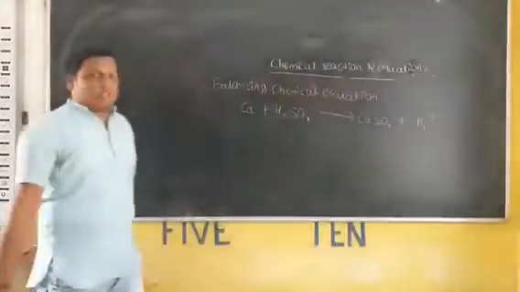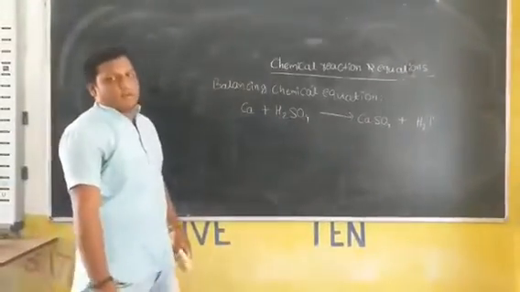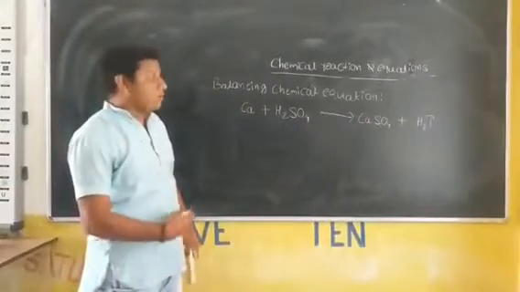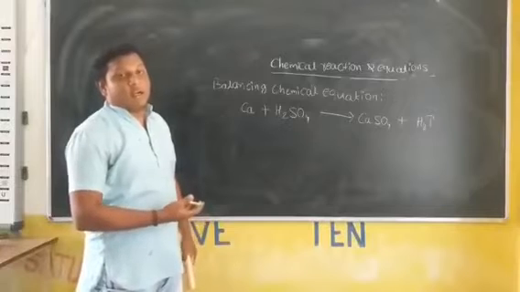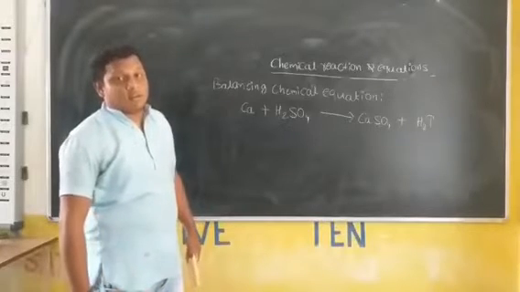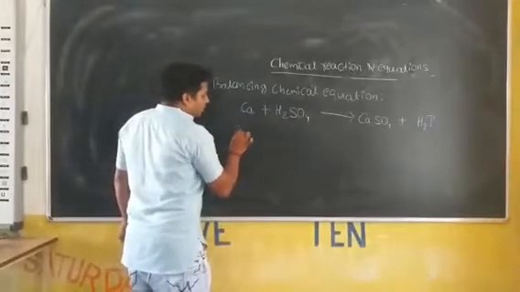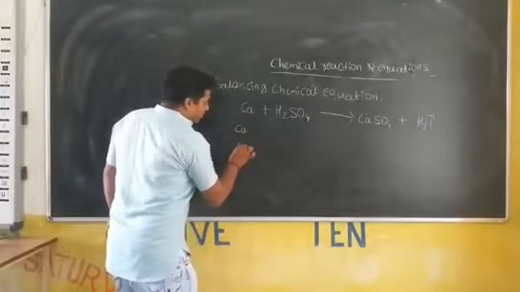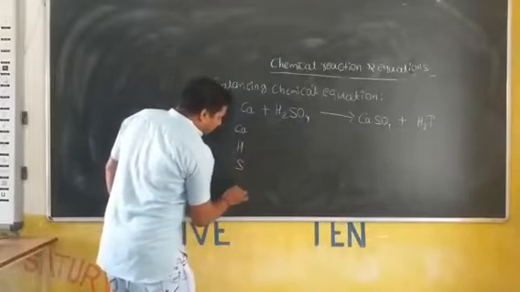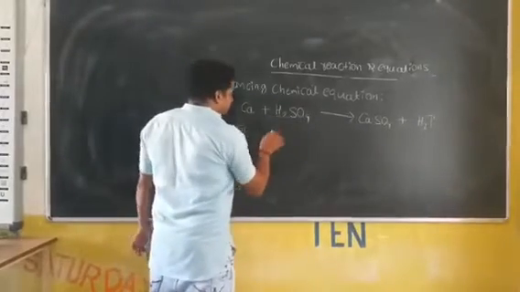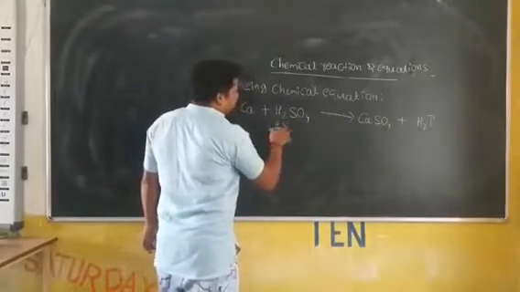Okay. Now check whether the number of atoms on the reactant side is equal to the product side, to obey the law of conservation of mass or not. Okay. Then what are the elements present? Calcium, hydrogen, sulfur and oxygen. This is LHS,